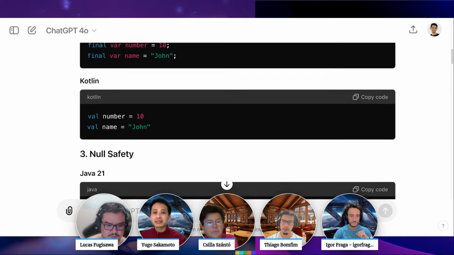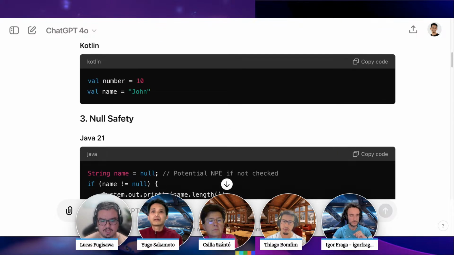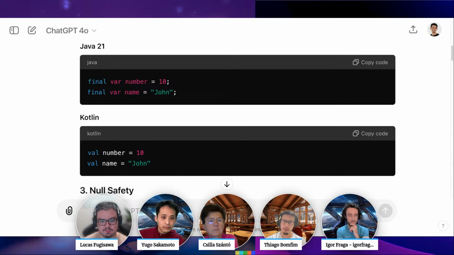Another thing is that in Java we had variables. In Kotlin, we have properties. What I mean is those Kotlin variables are properties that abstract getters and setters under the hood, and you can override them and change the behavior of the getter and setter for each of those properties.